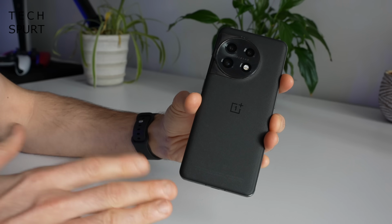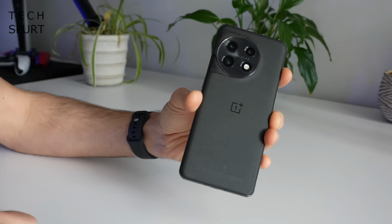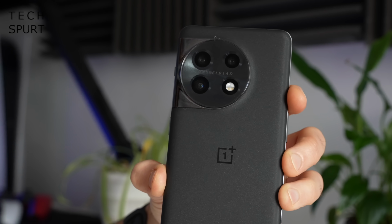What does kind of suck though is the lack of wireless charging support here on the OnePlus 11. A real shame, especially as some mid-rangers like the Nothing phone are now coming with that at about half the price of this blower. Now let's finish up this lovely little unboxing with a squint at the OnePlus 11's camera